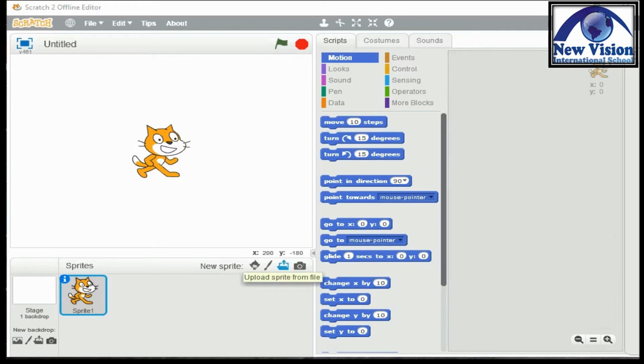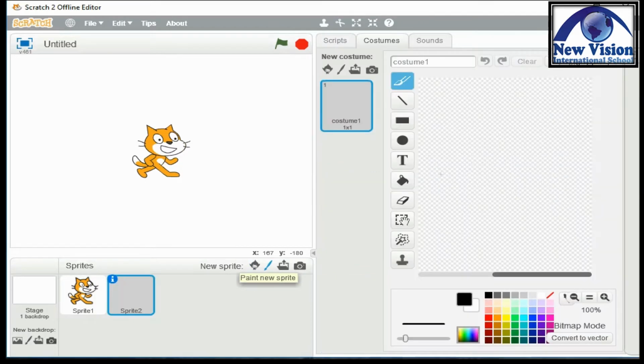It's either you're going to draw or you're going to choose from the library. If you would like to draw or paint your own sprite, just click this icon. And as you can see, you can draw or paint your own sprite. If you would like to choose from the library, just click this icon